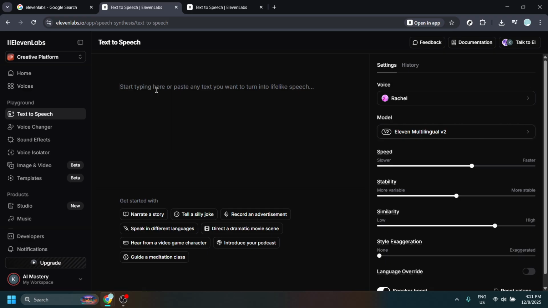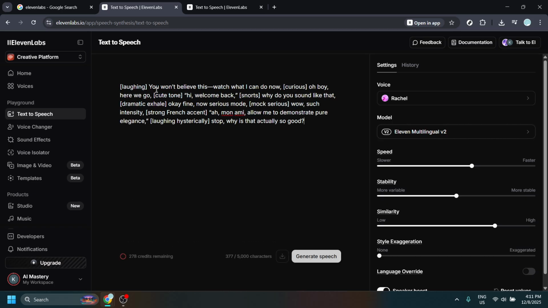The key to expressive audio is guiding the model with clear emotional cues. Place short direction tags in square brackets before the words you want to stylize. For example, you can write, [laughing]